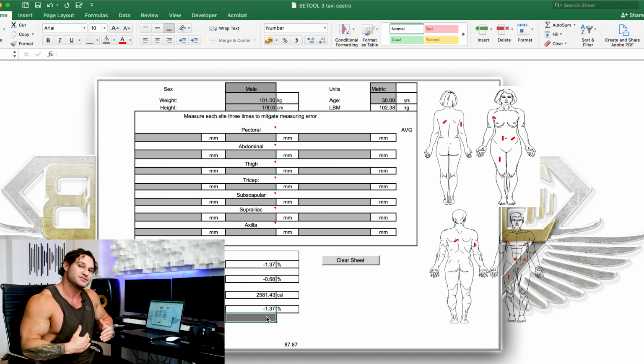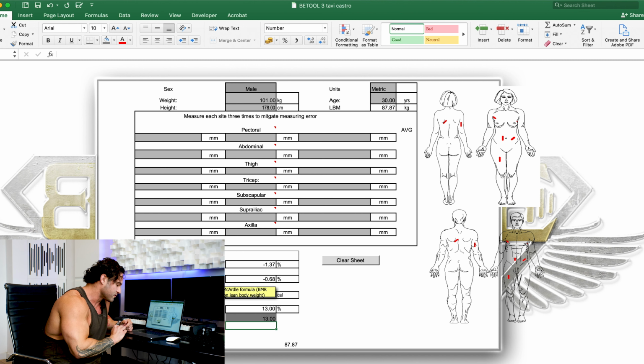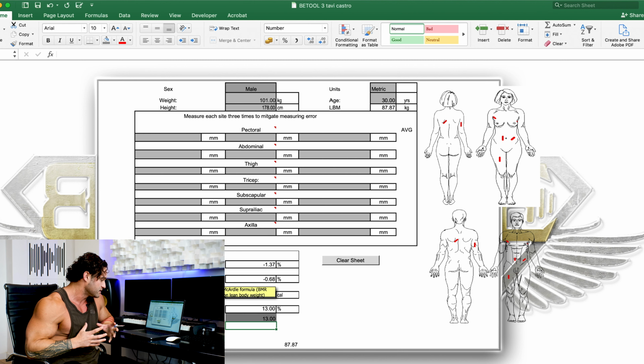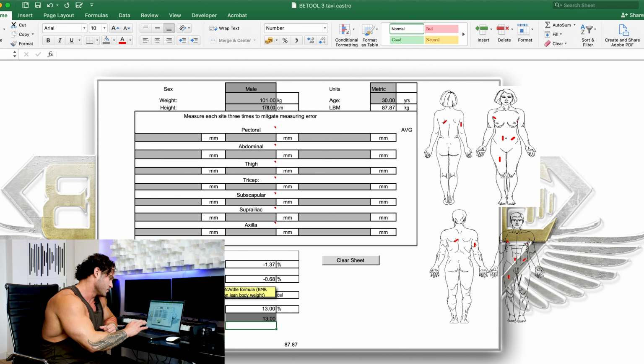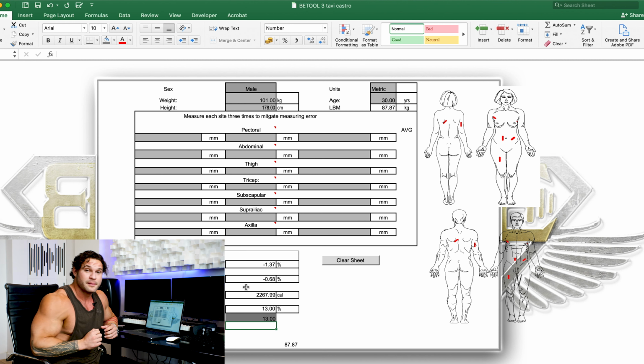Now what that gives me is my basal metabolic rate. The basal metabolic rate is calculated using the Katch-McArdle formula, which relates lean body mass, which is of course calculated by knowing your weight and your body fat percentage, your age, and your sex. They have loads of empirical data to give you a good rough number to start with. So for me, my BMR is